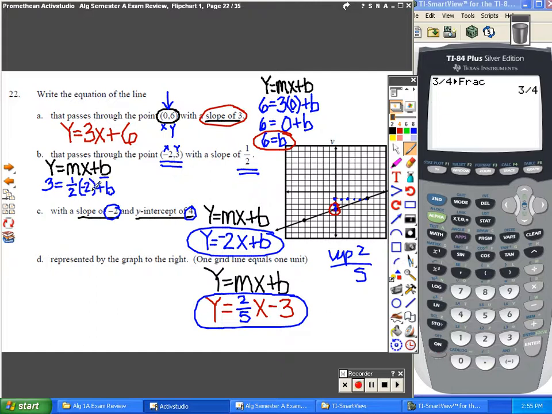1/2 times -2 is -1. So 3 is equal to -1 plus b. The opposite of subtracting 1 is adding 1. So 4 is equal to b. Now, to put it all together, y equals the slope, which is still 1/2, x plus my newly found y-intercept,